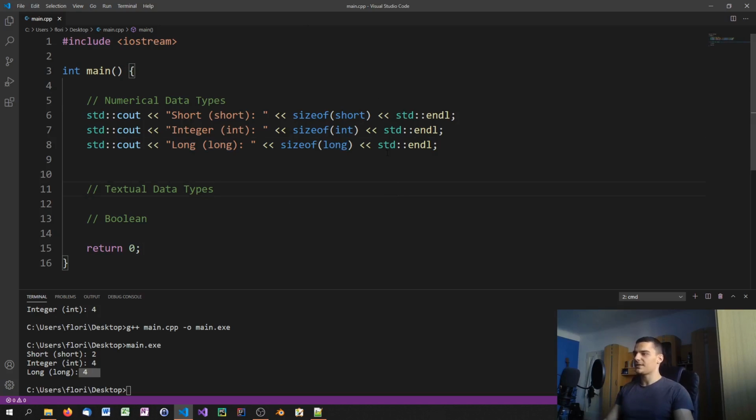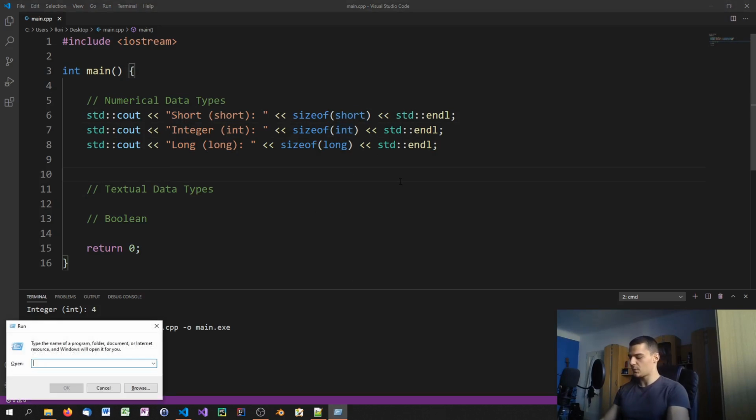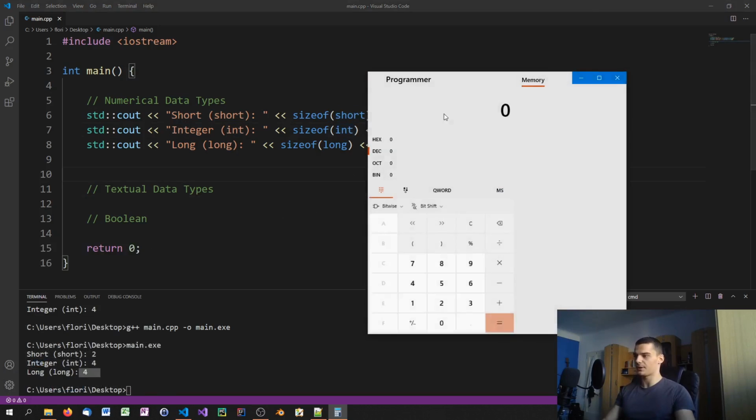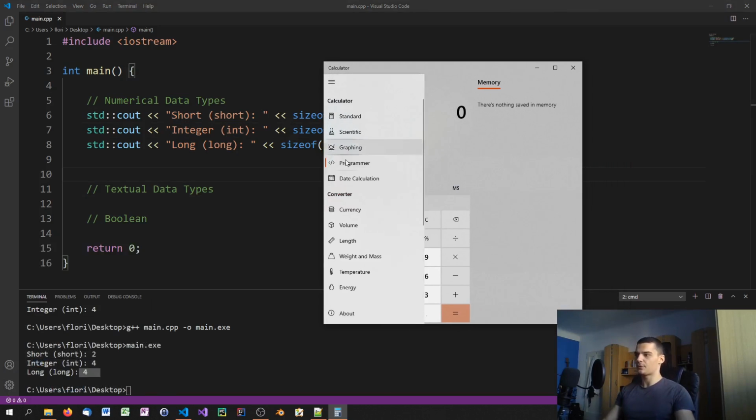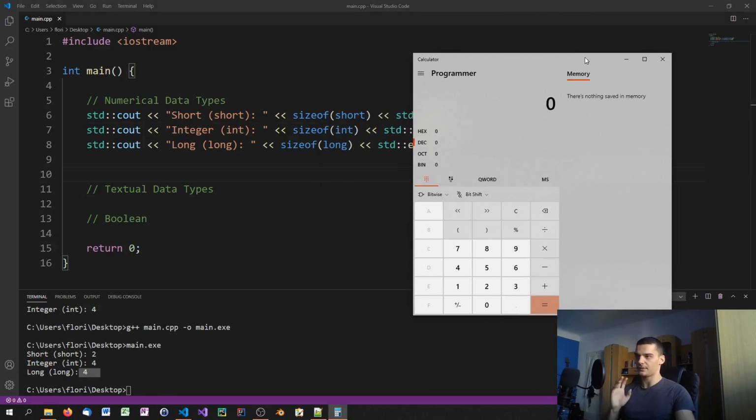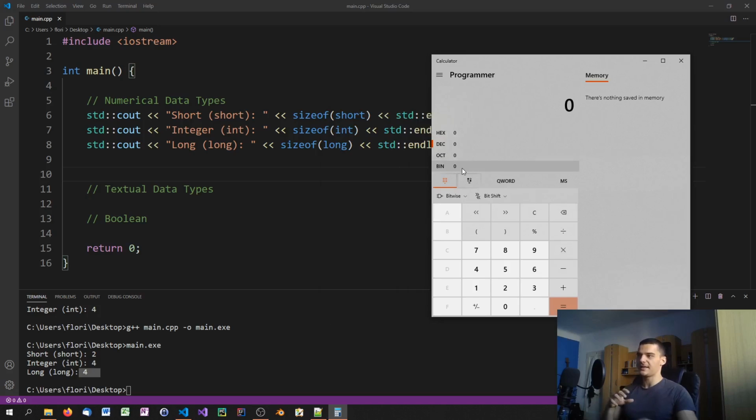So what does that even mean? What does it mean that a short has 2 bytes and an integer has 4 bytes? For this, we're going to open up the Windows calculator. So just open up your calculator and set it to programmer mode. And then we can talk a little bit about the binary system. We're not going to explain the whole binary system. So if you're not familiar with it, you can just ignore this part or just watch it and accept it